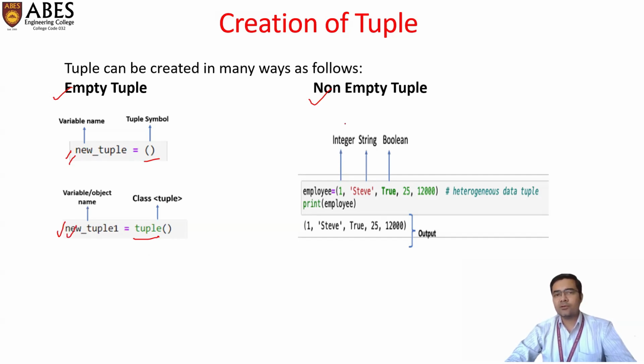Here you can see that when we want to declare a non-empty tuple, we use round brackets. Inside the round brackets, you can use 1, Steve, 2, and 25 and 12,000. That is the heterogeneous data types you can see here. With the help of round brackets, you can declare any tuple. With the help of print statements, you can see the output of the